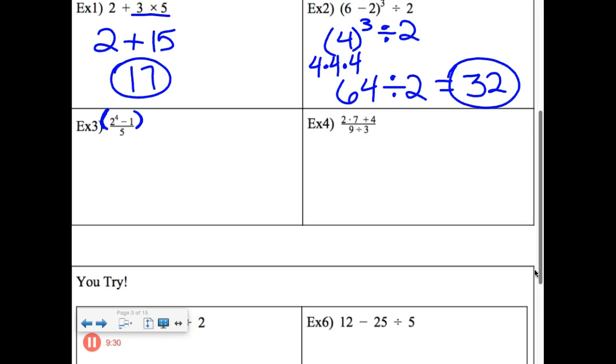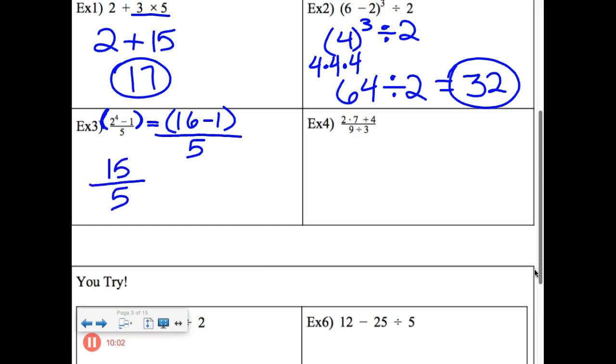You can certainly do that exponent of 2 to the 4th. Or reminder, 2 to the 4th means 2 times 2 times 2 times 2. So when we plug that into our calculator, what we're going to get on top there, and I'm going to keep it in parentheses, we're going to have 16 minus 1, and we still have that 5 chilling on the bottom. Okay? And then as I said, we want to figure out that top, so we have 16 minus 1, which we know it's